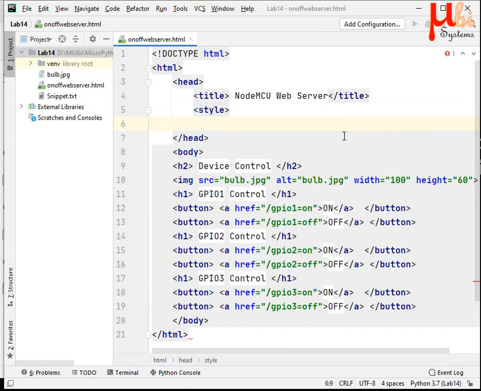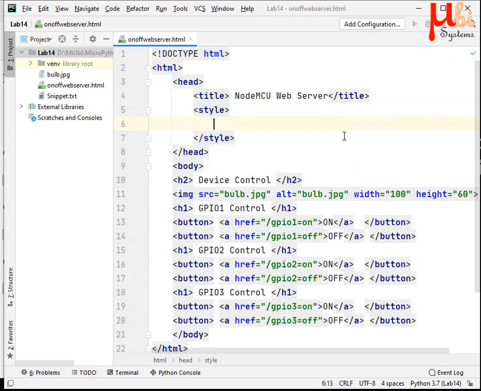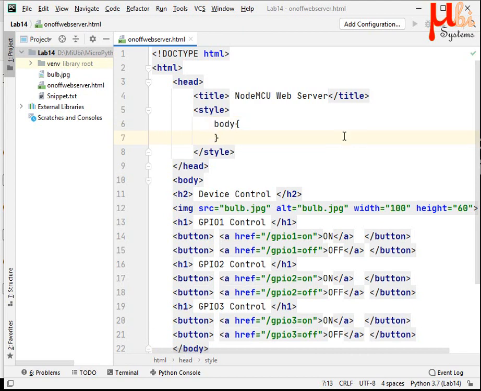So what I have done is I just named something in between style. And note that this is meta information, so it should be present inside the head only. So in this style, I want to see how the body looks like. For example, first of all, let me provide the information of the body style.